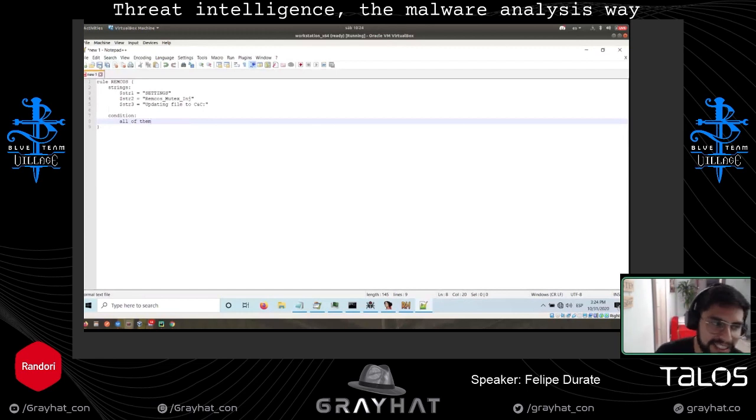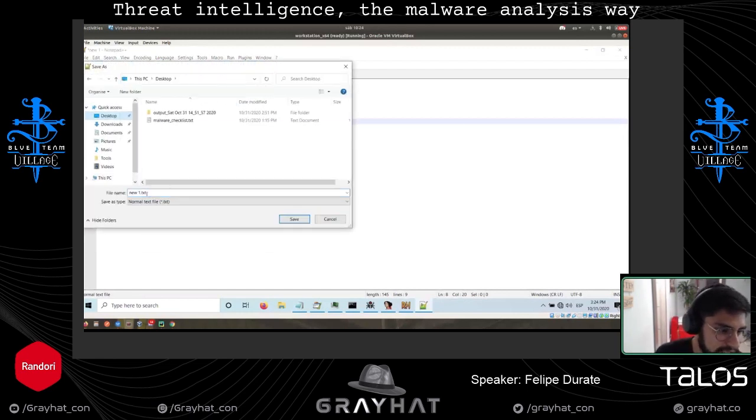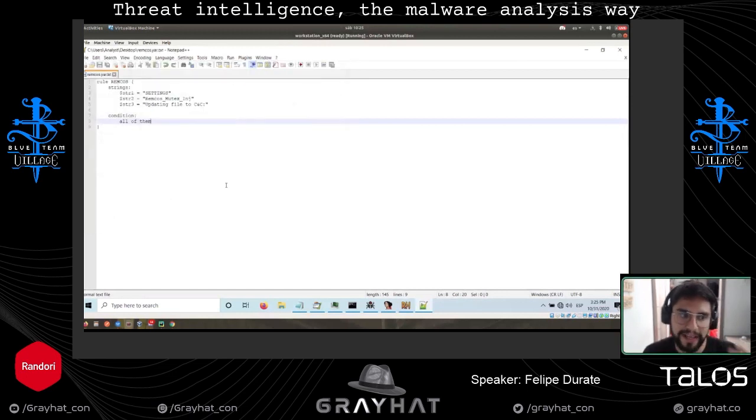So what I'm doing, this is a very basic rule. I'm going to write this here. So it's going to call Rancos. Very simple rule. What I'm basically saying here is, YARA, please create a match if you find any file that has settings, Rancos mutex, and updating file to C and C. That's the main idea. Super easy.